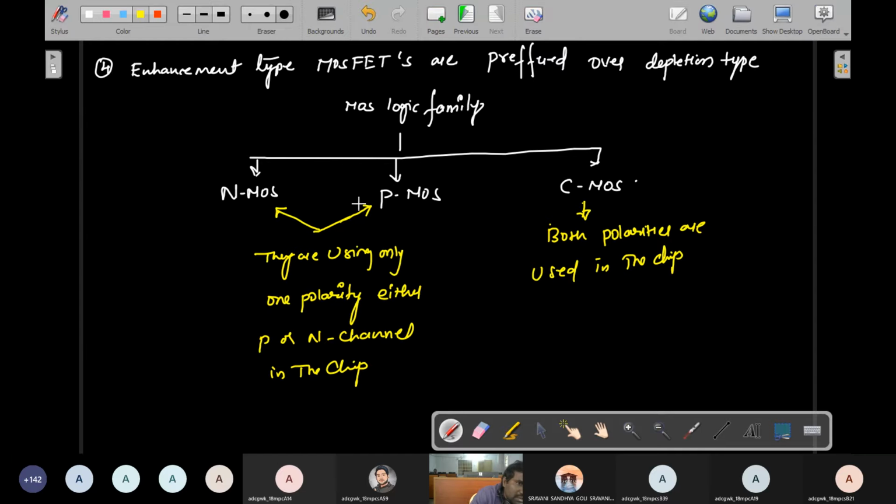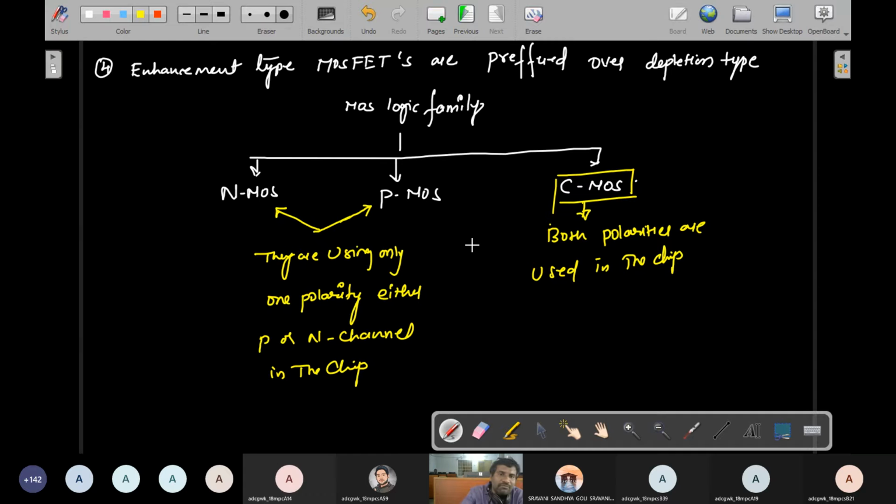But in our syllabus there is no NMOS and PMOS, only CMOS is given. So we will explain what a CMOS is right now. In this lesson we are explaining CMOS, metal oxide semiconductor, N channel MOSFET and P channel MOSFET. If the syllabus is completed and there is sufficient time, then definitely I'll explain what NMOS and PMOS are. But right now we are not wasting our time, so I'll simply move to CMOS, because CMOS is in our syllabus.